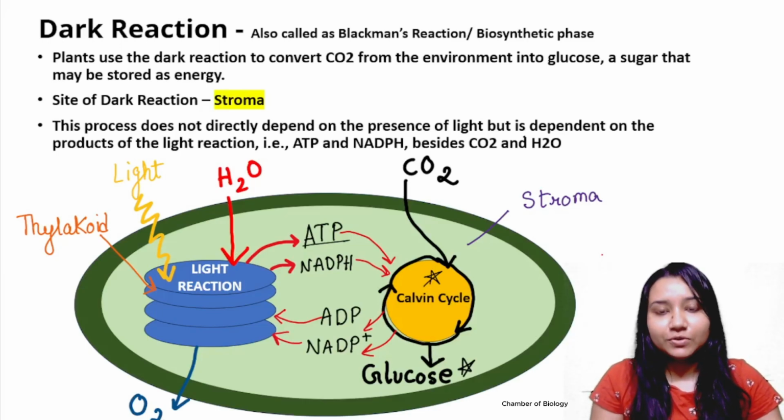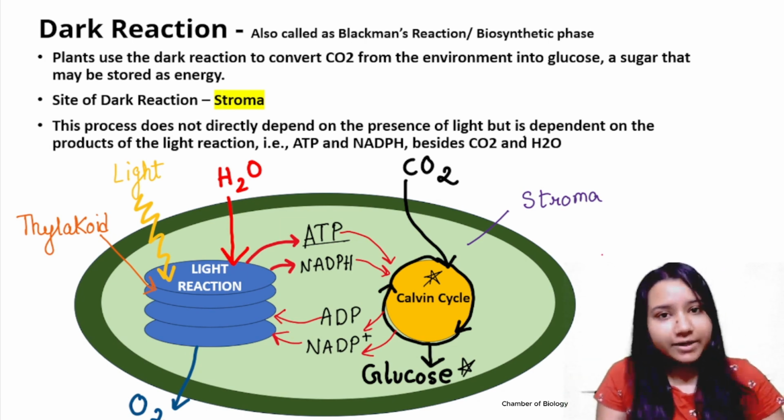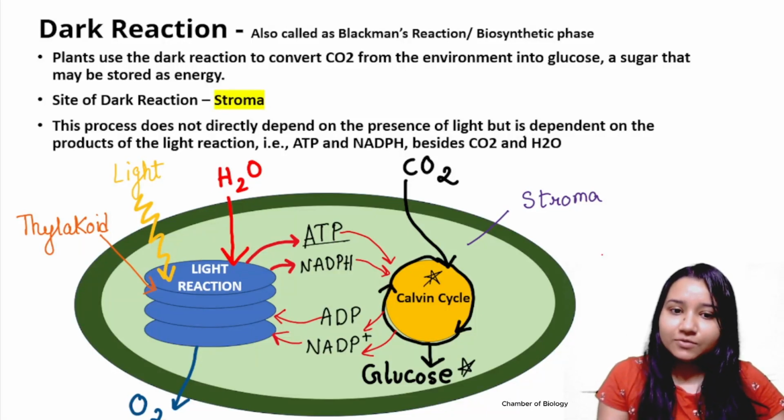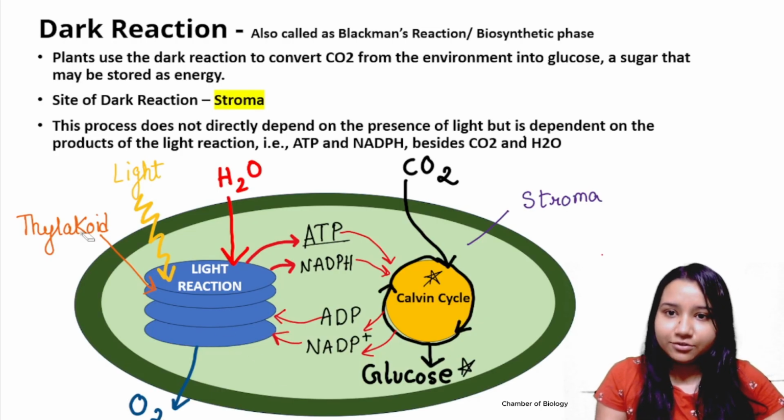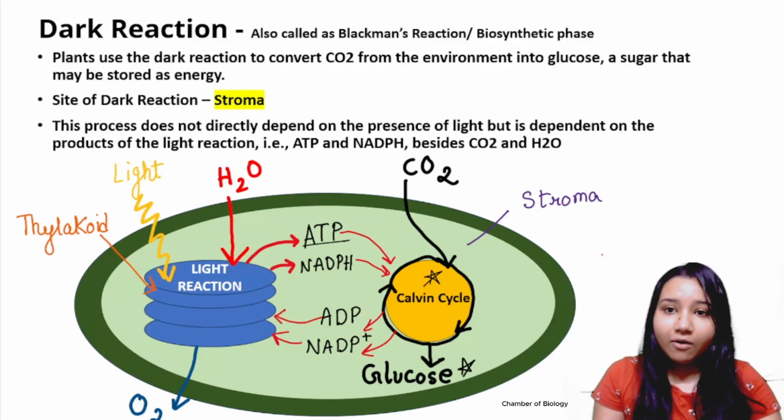So today we are going to discuss the dark reaction of photosynthesis. We know that photosynthesis is not just a one-line reaction, rather it is divided into two reactions, light reaction and dark reaction. In the last class we have already discussed the light reaction. So what are the products of the light reaction? We can see that is going to be ATP. Along with that we have also seen NADPH as well,